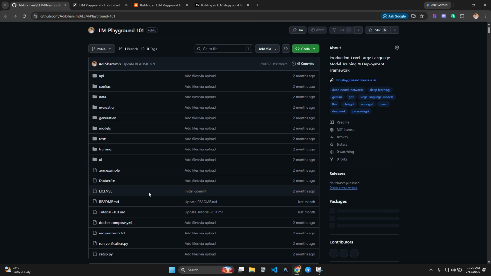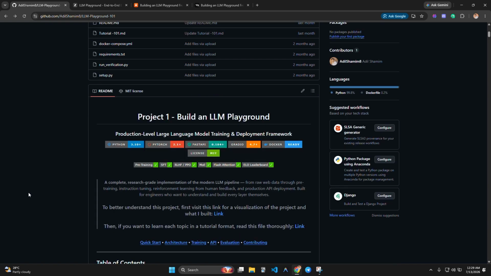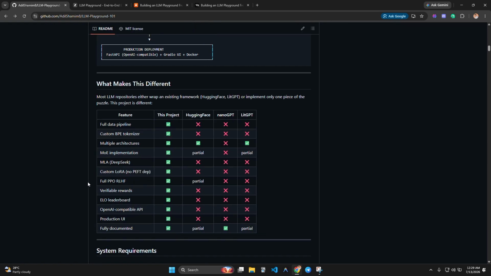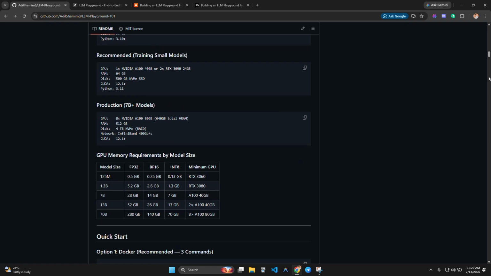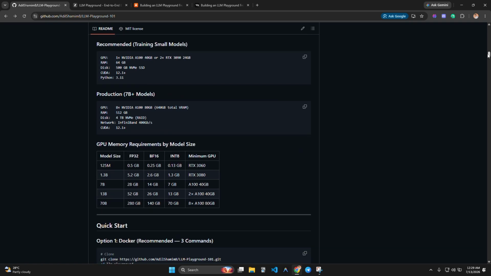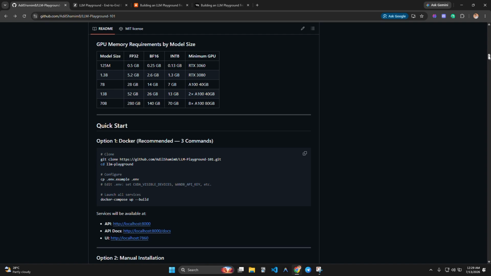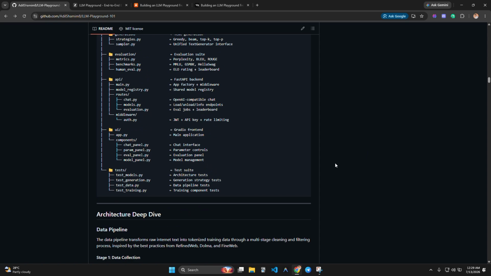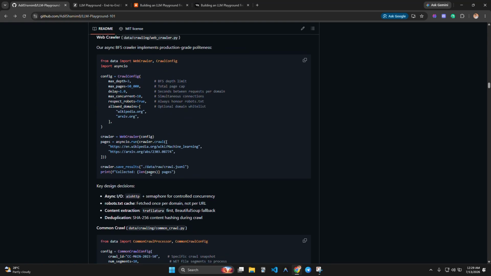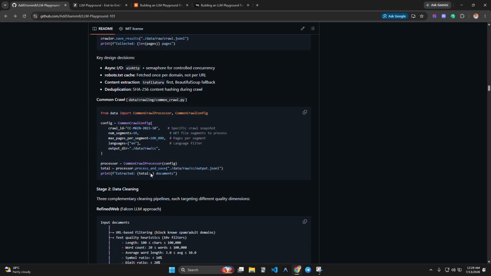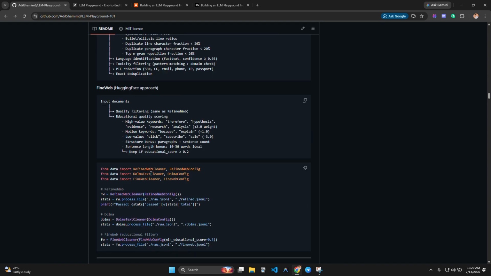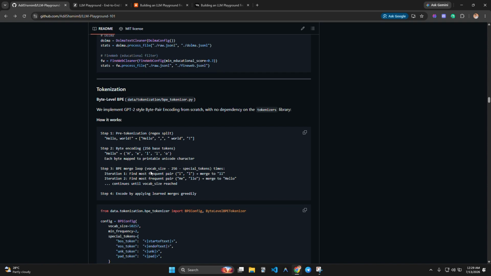So here is all the project and project information, everything: how this project works and everything about the README file, and step by step, how much data it uses, GPU requirements, the project structure, everything from web scraping, data cleaning, and step by step everything. Okay,